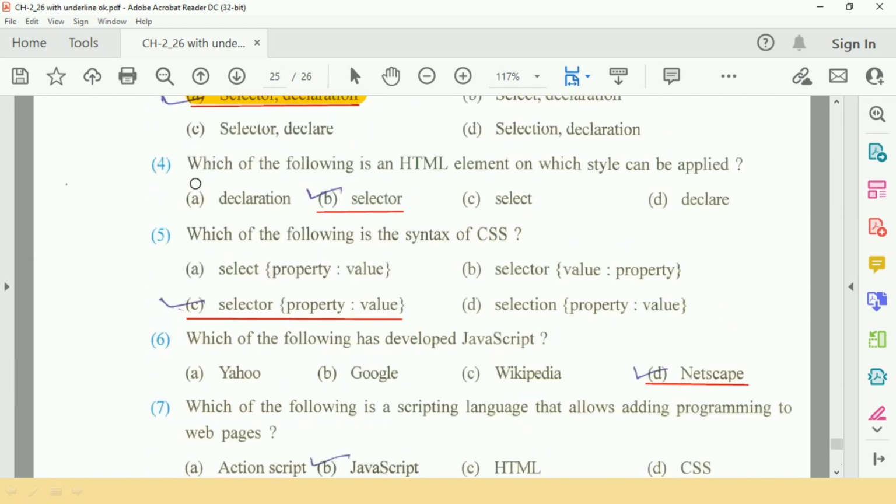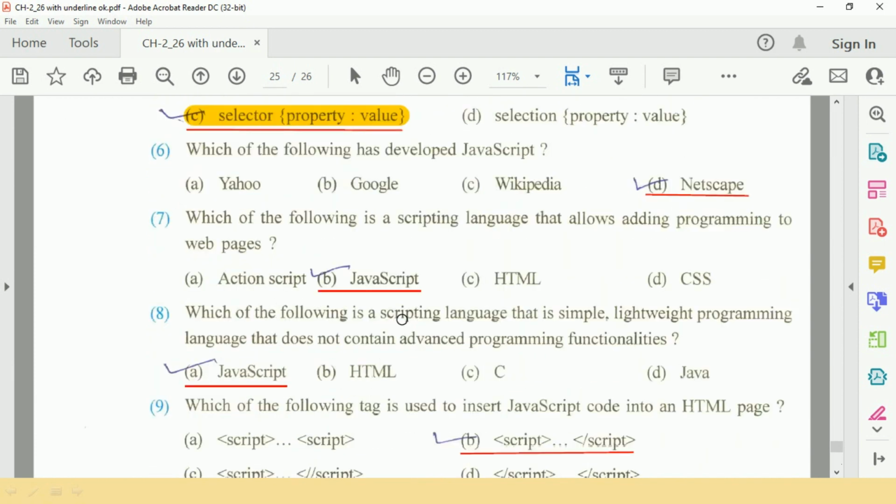Question number 4 is, which of the following is an HTML element on which style can be applied? So B option, selector. Question number 5, which of the following is the syntax of CSS? So syntax is selector, curly bracket, property colon value, curly bracket closed. So this is the correct answer.